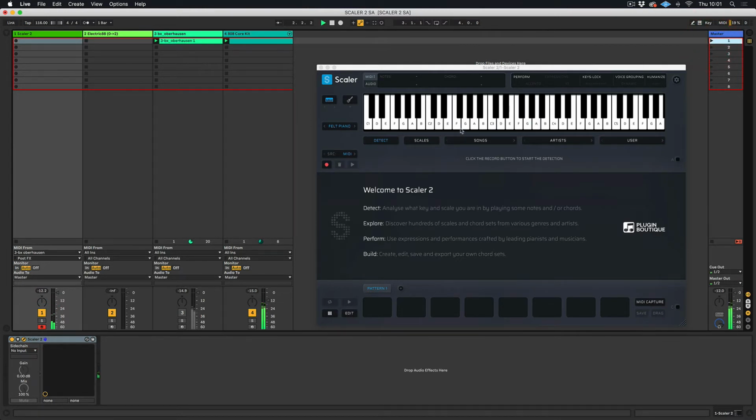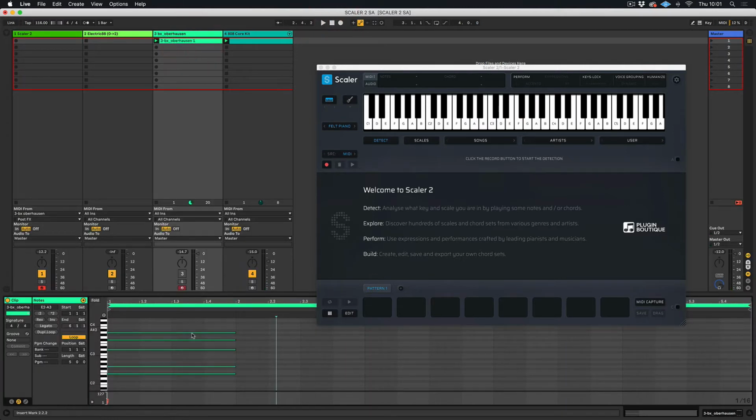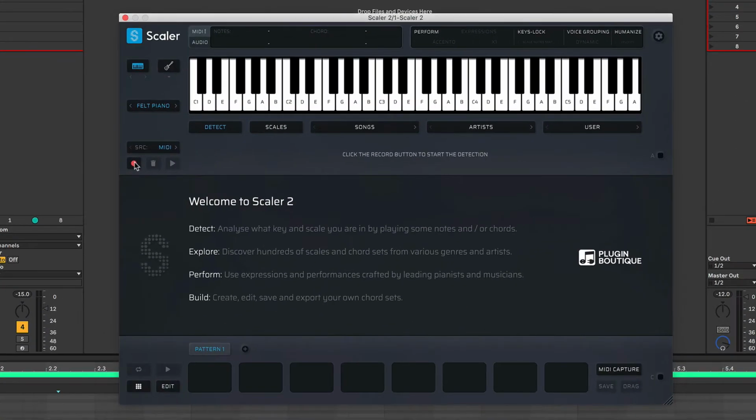There we go. Let's do that again. Okay, so you can see here we have a 5-note chord, and you'll see all 5 notes detected. That's all working properly, so we're going to put this in record mode now, staying in detect, and this time